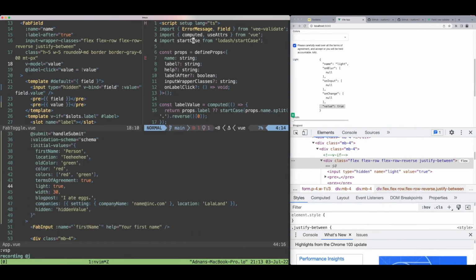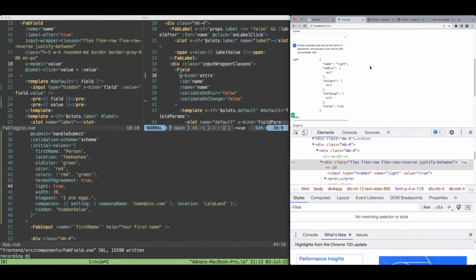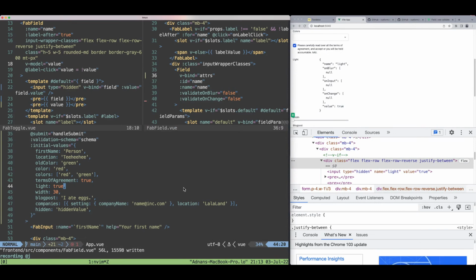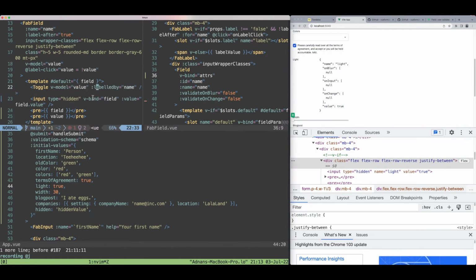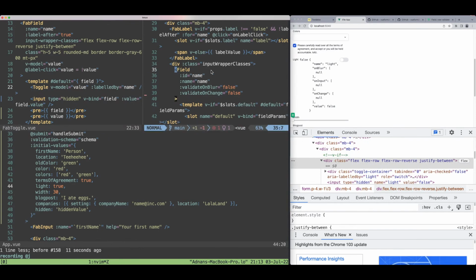Let me just take a look at how Fab Field is using field and whether there's something to be had here. ID, name, validate on blur. I don't suppose if I did this first, that would make any difference. Well, I'm gonna have to undo this. And it shouldn't make any difference. So